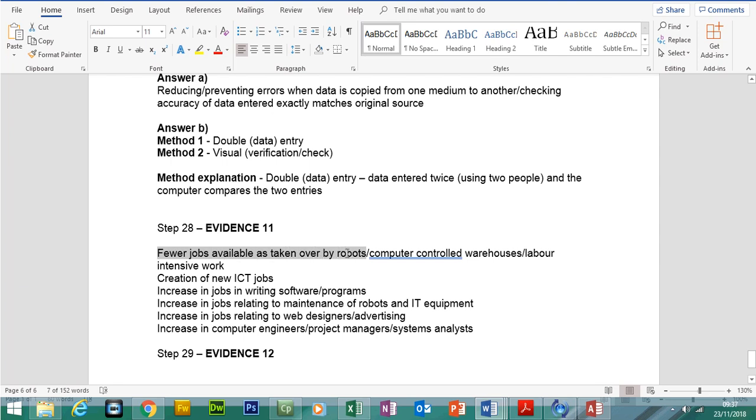The types of things you can write for this answer: you could say fewer jobs available as they're being taken over by robots, especially in the manufacturing industry, especially the more labor intensive work. So imagine cars are being built, robots are now being used to build these cars to replace human beings. However,